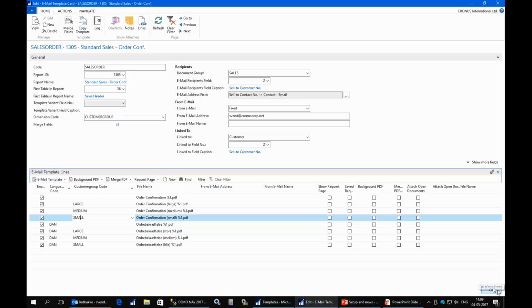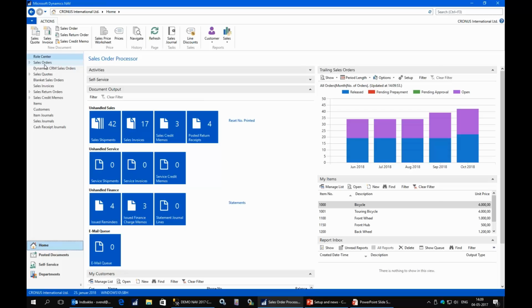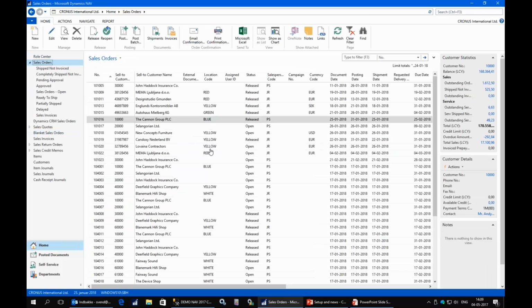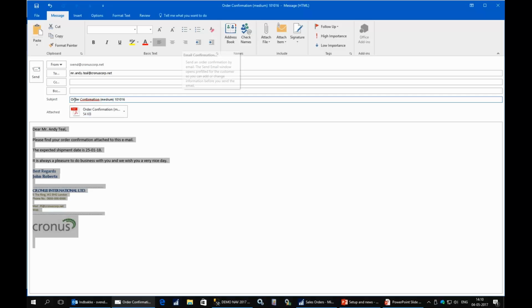So I will just close this, and I go to a sales order. On the sales order for customer 10,000, I can just email confirmation. And now it made an email, and as you can see, this is an order confirmation for a medium company. And it's also in the file name on the PDF. If I close this,